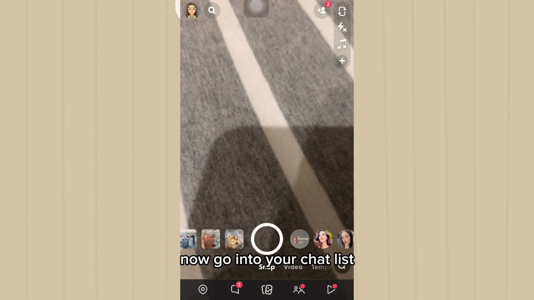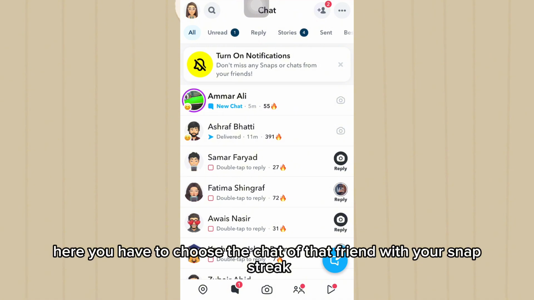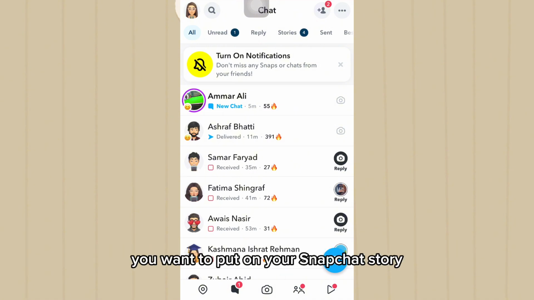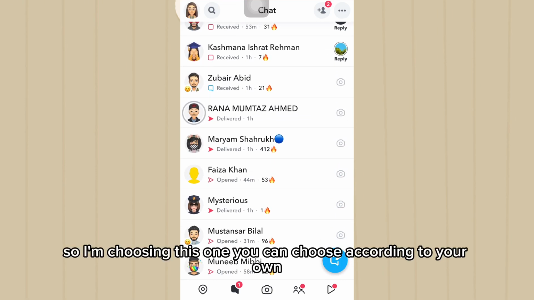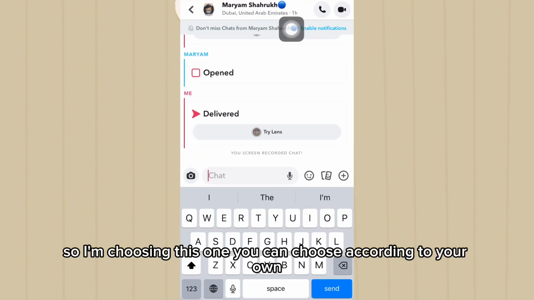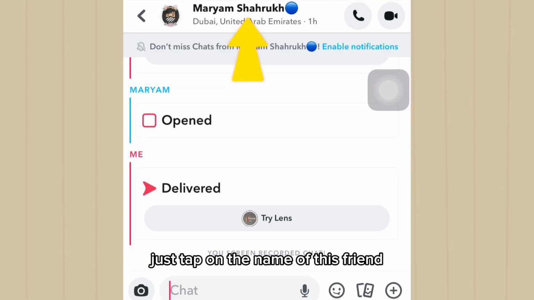Now go into your chat list. Here you have to choose the chat of that friend with your Snapstreak you want to put on your Snapchat story. So I'm choosing this one. You can choose according to your own. Just tap on the name of this friend